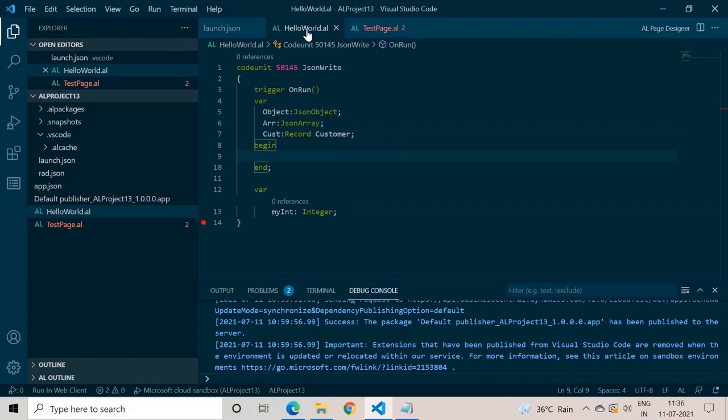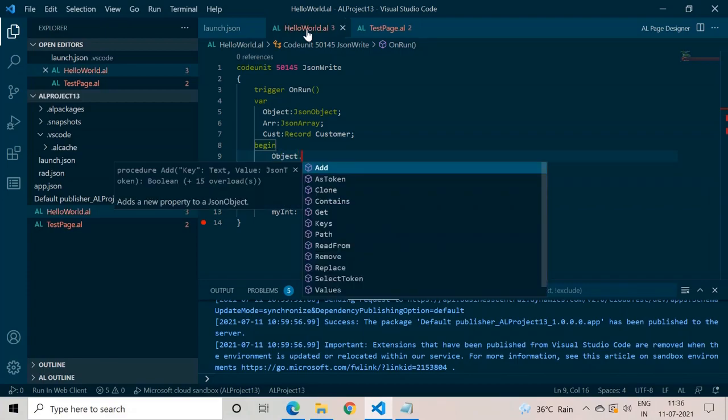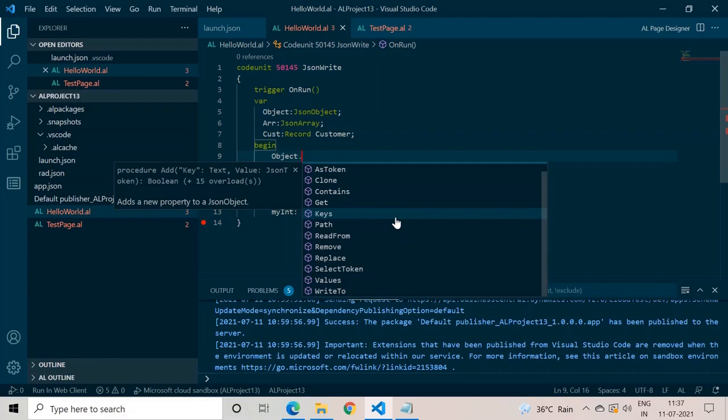First thing is we have to select the object, and to see what functions are available in this object, we can press Ctrl Shift C or Ctrl Shift Space, or as soon as you place a dot, you will be presented with all the functions available against this JSON object. So we have Add, AsToken, Clone, Contains, and everything, and each function has its own importance.